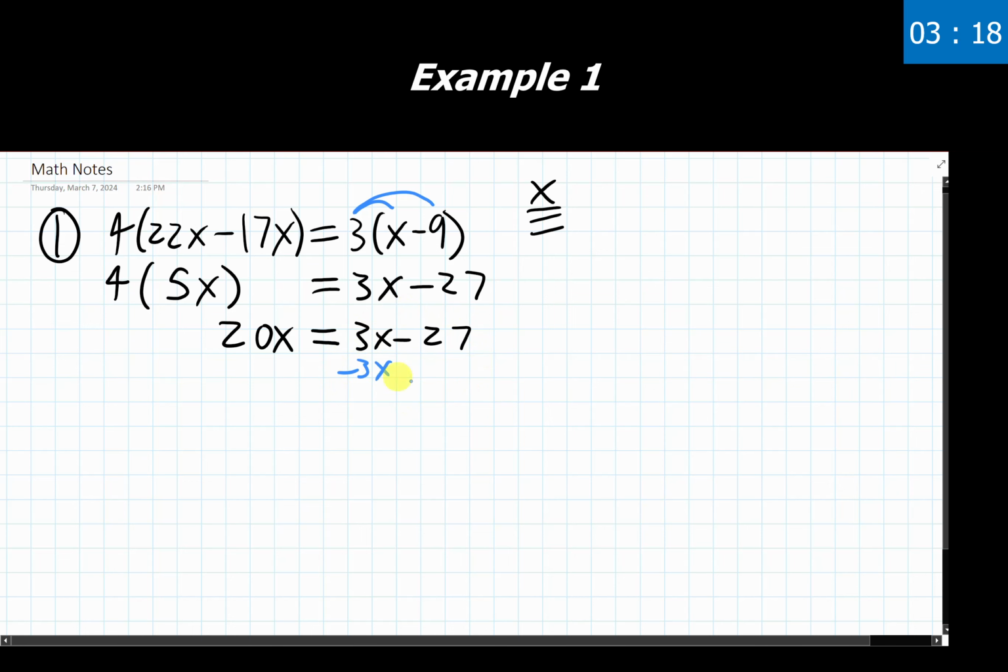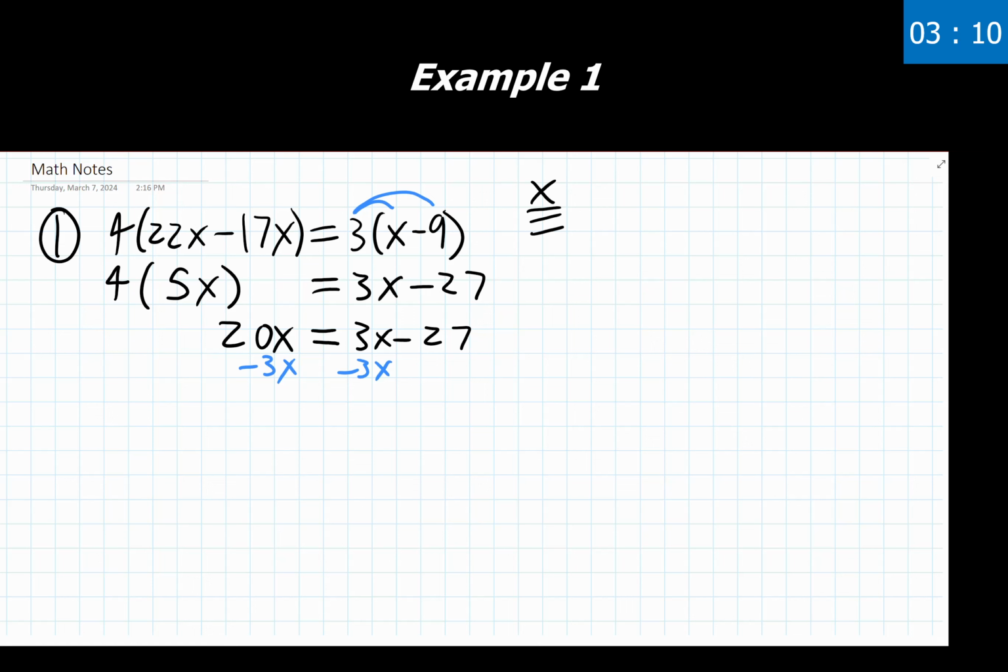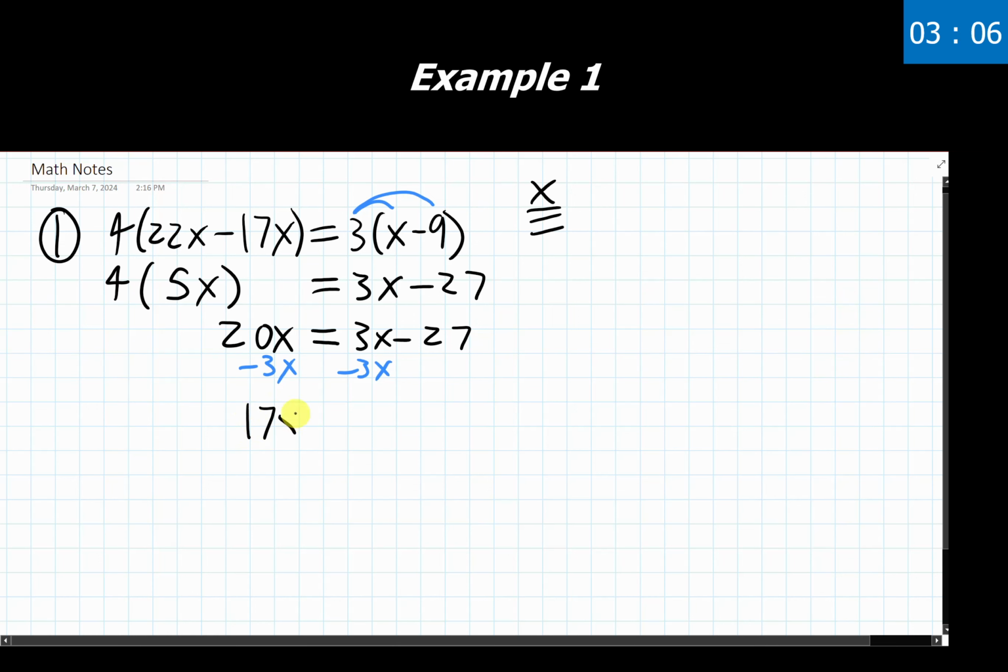I am now changing this right side of the equation. And if I am changing this right side of the equation, then I need to change the left side of the equation. So 20 minus 3, that's going to give me 17. The x comes down the exact same way. And I have this negative 27 left over here. Some people like to write in that these things cancel out and they'll cross it out there. If you'd like to do that, you can. I'm going to leave it without the little cross in there, but you do what works best for you.